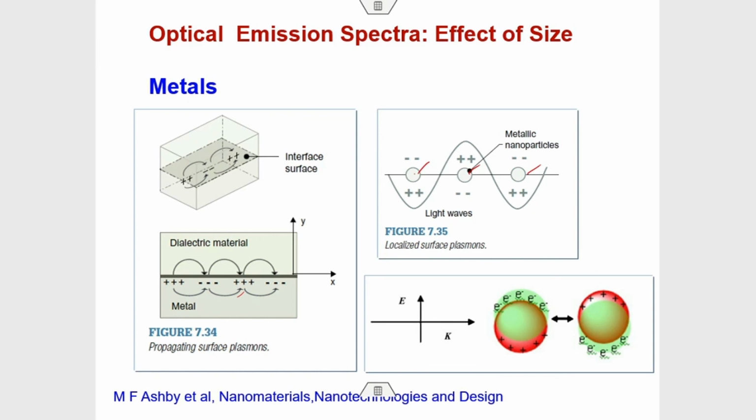They are generated because of the interaction of light with the electrons, leading to the formation of alternating charges on the surface of the nanoparticle. These charges lead to the formation of dipoles, and the dipoles then oscillate in the direction of the electric field of the light, and this oscillation can have resonance with the incident light at a certain wavelength and lead to huge emission, and that is what is known as SPR,